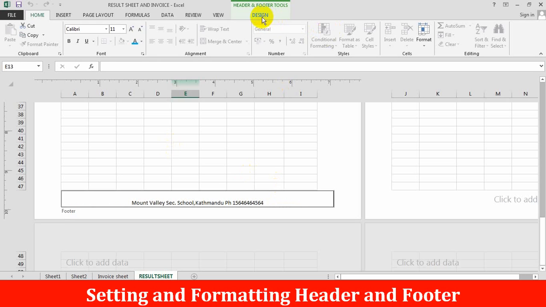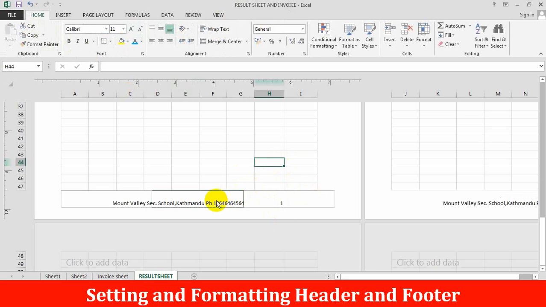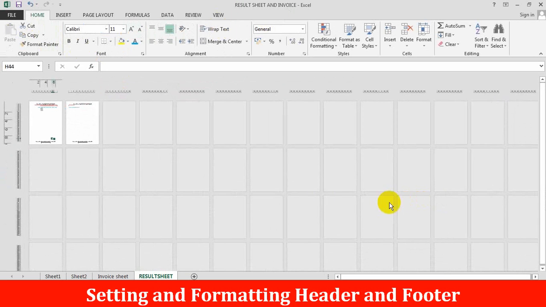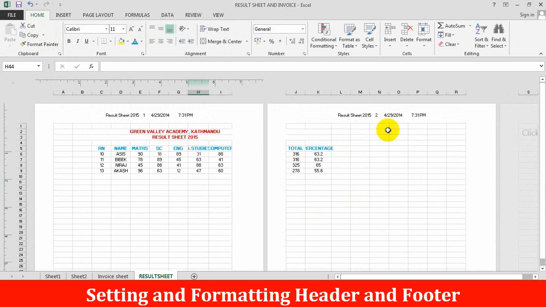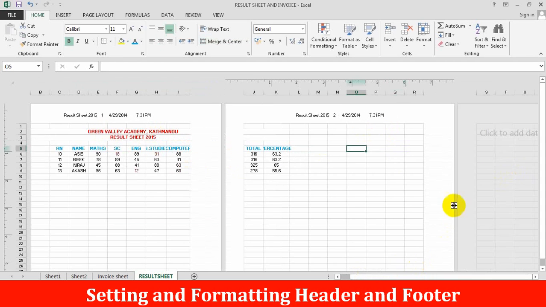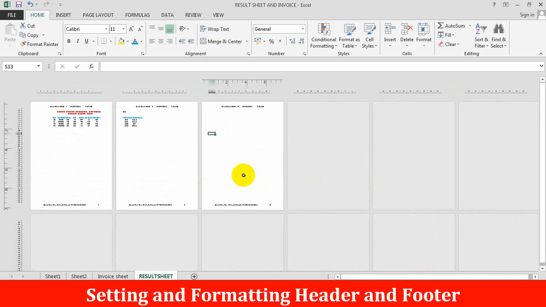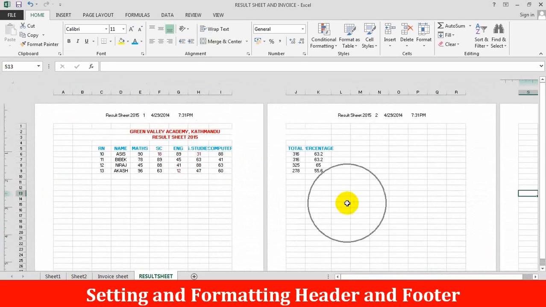Okay. And you can also insert page number here. Click on Design tab on this Header and Footer Tools. Click on page number. Now click outside. See the page number 1. And here you can see lots of pages. Automatically, when we choose header and footer, the Excel sheet is divided into different pages. See, this is one page, this is another page, here you can see another page. See, there are lots of pages, and in each page you can see header and footer.